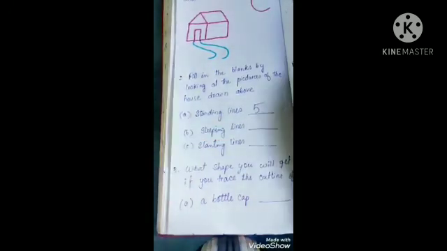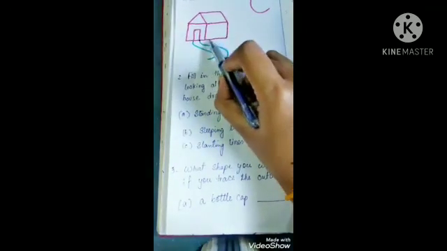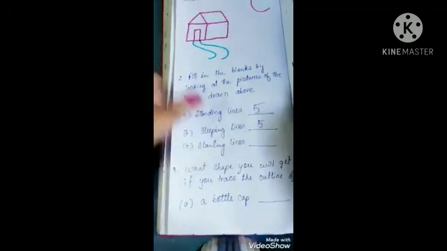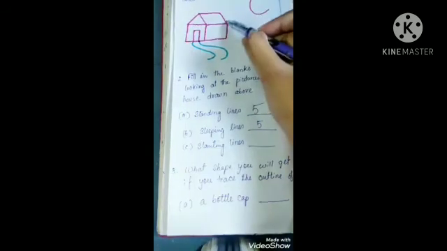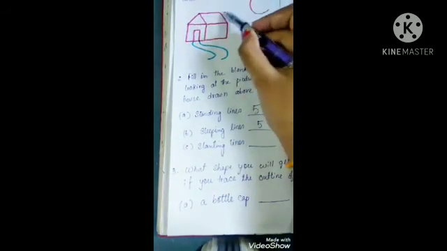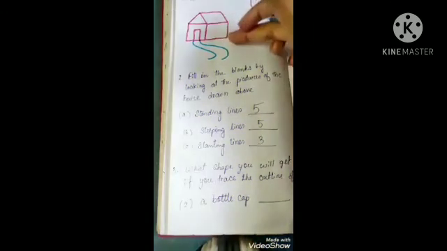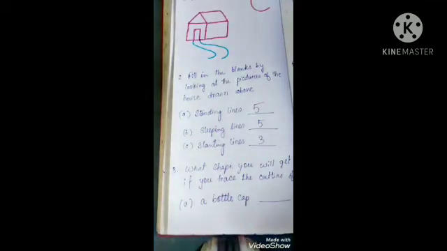Now sleeping lines. Sleeping line means this one, right? So 1, 2, 3, 4, 5. So 5 sleeping lines. And slanting line. Slanting line means a little bit bent. So 1, 2, 3. There are 3 slanting lines. In this way you have to write it down in your book. And students, in question number 1 there are more pictures, so you see it properly. Wherever needed you use blue color for the curved line, and for the straight line you have to use red crayon.